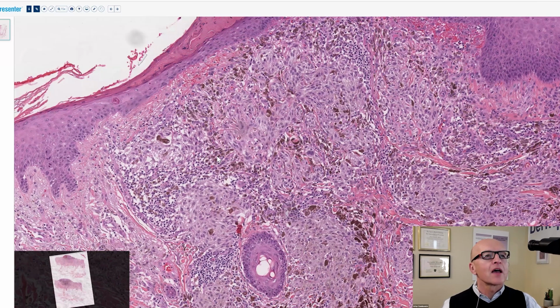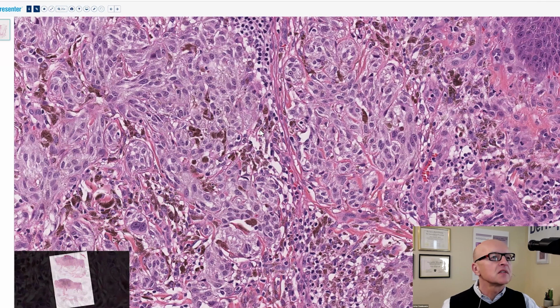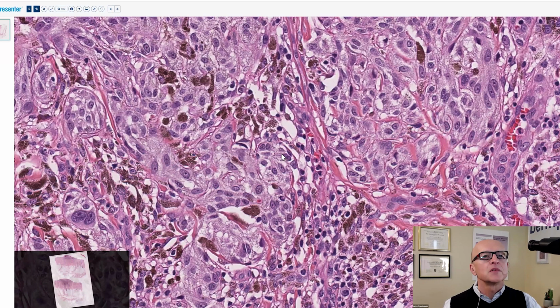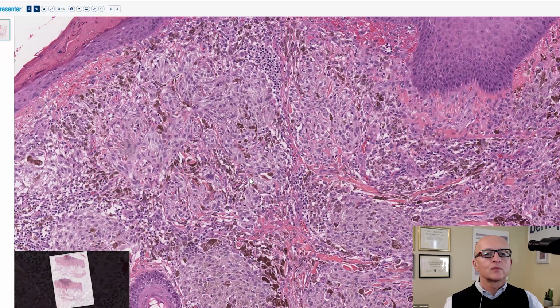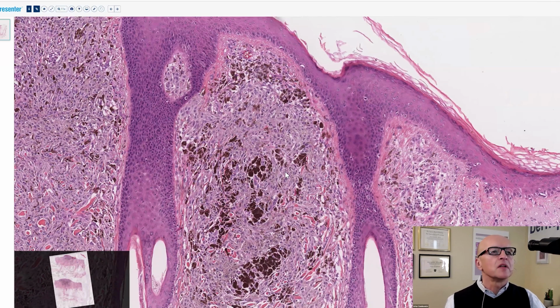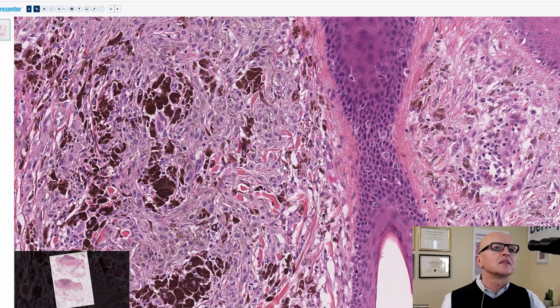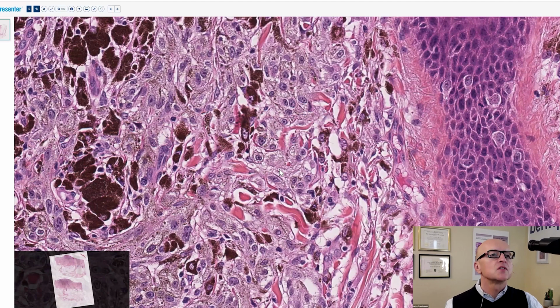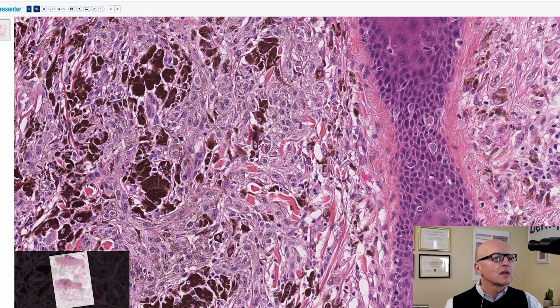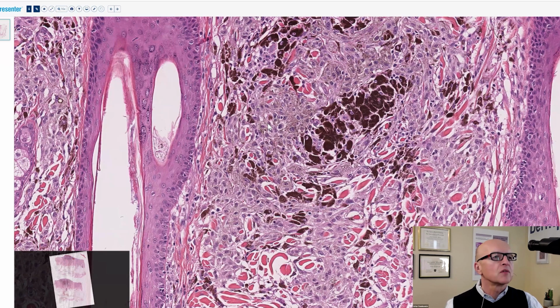And here's what we have. We have a nested epithelioid proliferation. Let me see what else we have. Not much in the epidermis other than that ulceration. I'll look at the periphery to see if there's any pre-existing common nevus, maybe not. Here we have more like type A melanocytes. They have quite prominent nucleoli though. And let's see what's happening at the deeper portion of that biopsy.